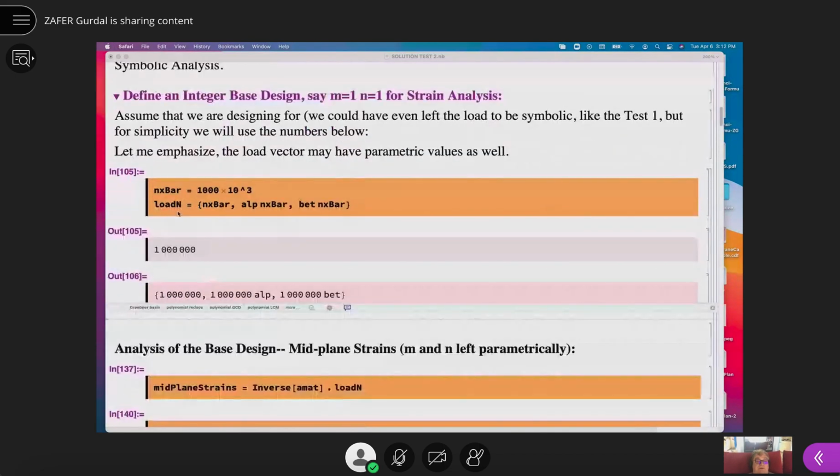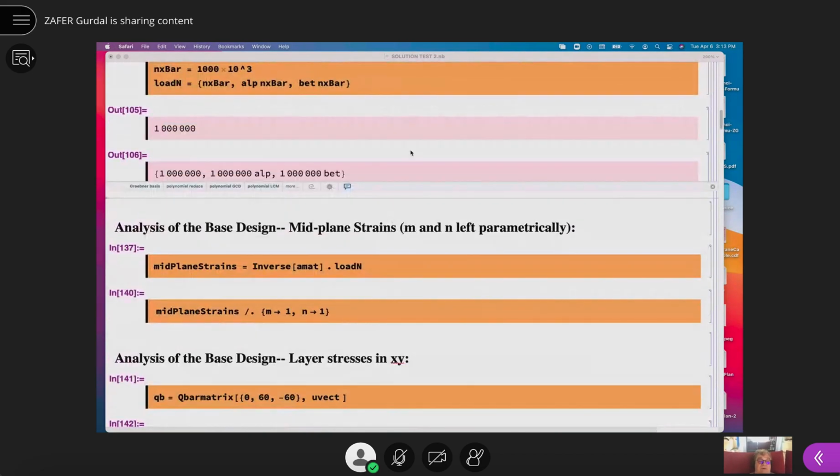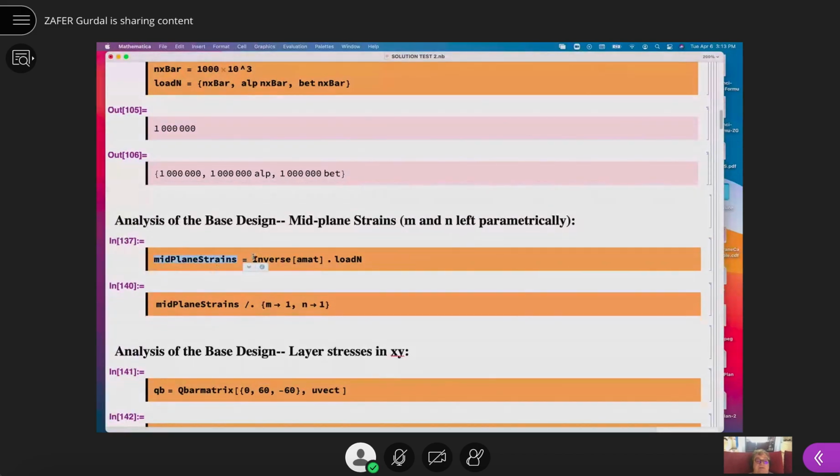All right, so the load is defined: load vector, load N, with two more parameters, alpha and beta. I'm going to leave it parametric so I can substitute load cases and compute for any load case I want. Now, the next thing is to find the mid-plane strains of the laminate. This requires inverting the A matrix and dotting it with the load vector, NX, NY, and XY. Note that the inverse A matrix is going to invert the A matrix parametrically. M and N will be left there as parameters. So these are mid-plane strains